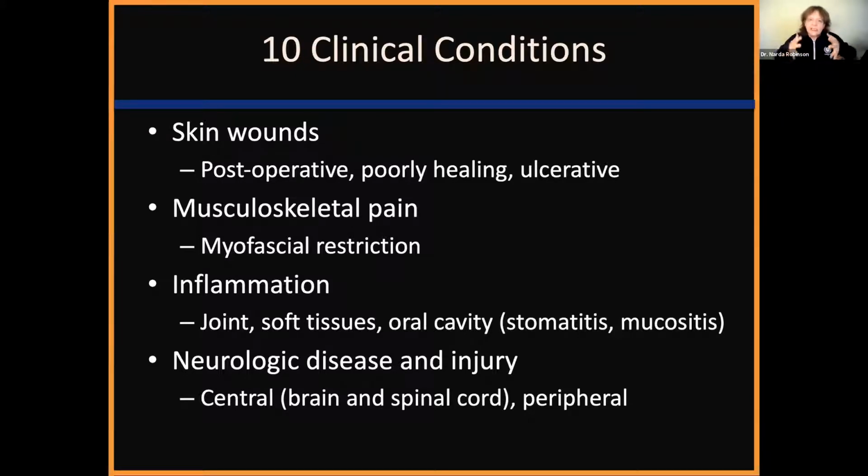But inflammation as a disease process can happen in all kinds of tissues and parts of the body. So is it in the joint? Is it in the soft tissues? Is it in the oral cavity, like a stomatitis or radiation-induced mucositis, for which there's surprisingly quite a bit of literature on how photobiomodulation improves the state of the head and neck tissues that have received radiation therapy, and that's done mostly in humans. But usually we want to avoid treating patients with cancer because of the proliferative, regenerative aspects of photomedicine.